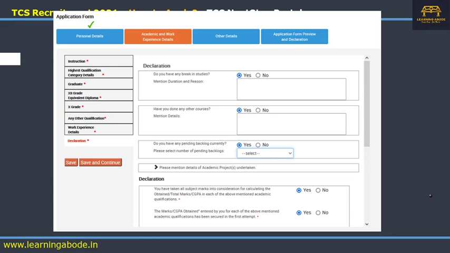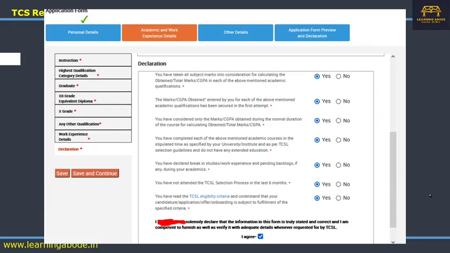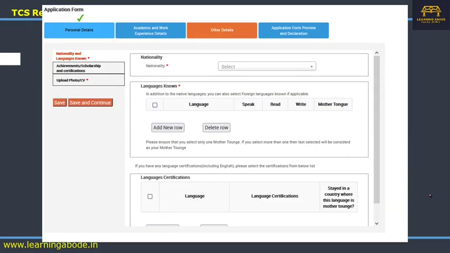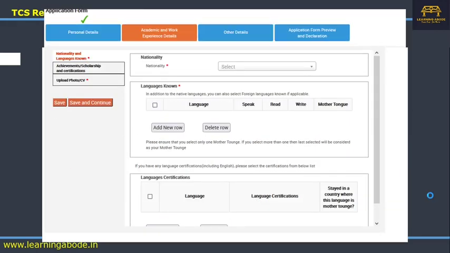And then, if required, academic project details, and then it will ask for a declaration that everything you have entered is right. You can just click on agree, and whenever you are done, you click on save and continue.